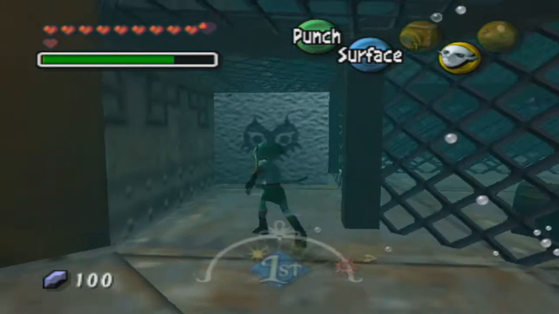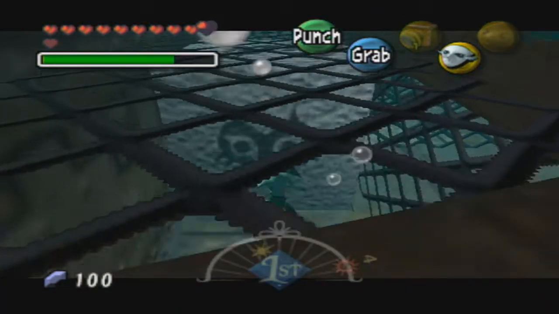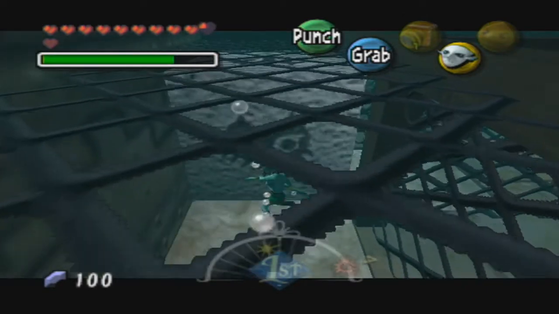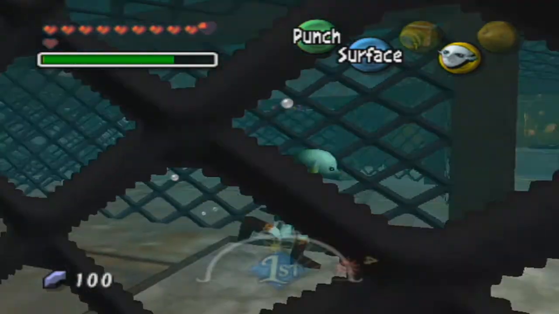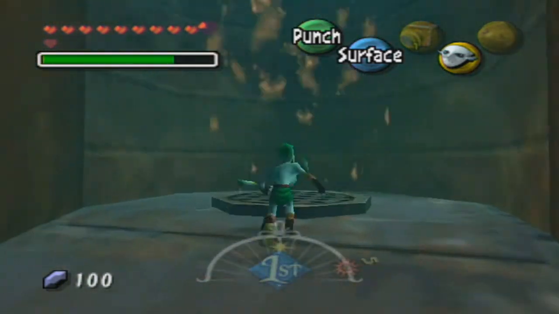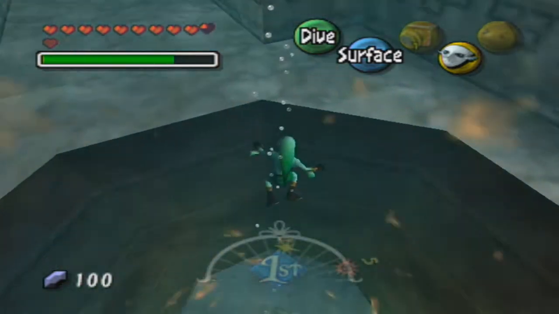I'm actually not sure how you're supposed to get that chest in the middle there. I've tried to go like a loop around here, but I'm honestly not positive how you're supposed to get that, because if you just go in here, this is the block that we pushed at the beginning of the room. If you go over here, it just takes you and loops you back around here, so yeah, I don't know. But anyway, there's a current here, and whoa, it pushes you up, which I guess is a good...